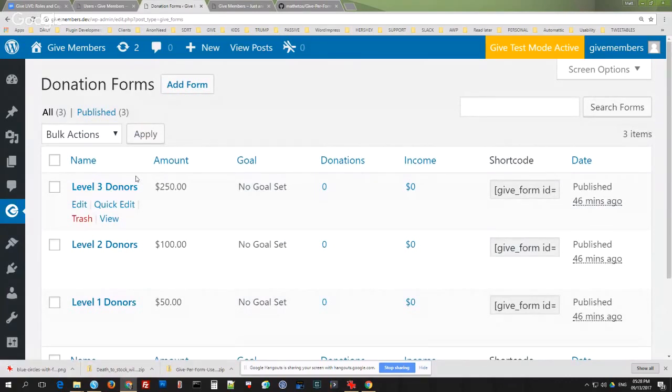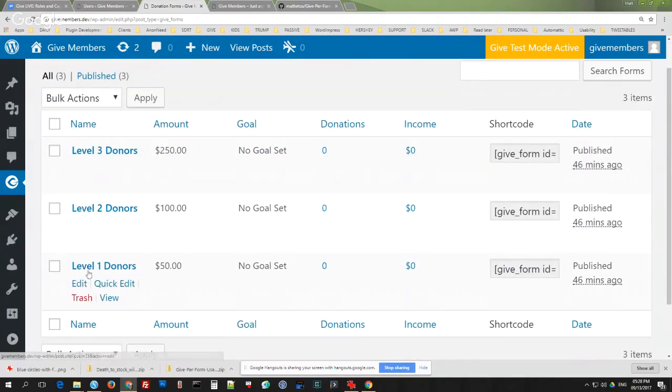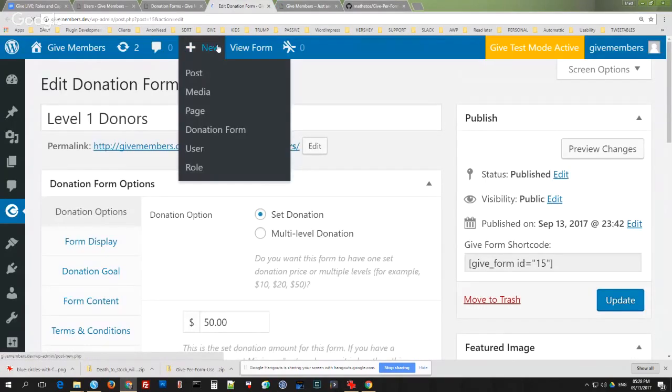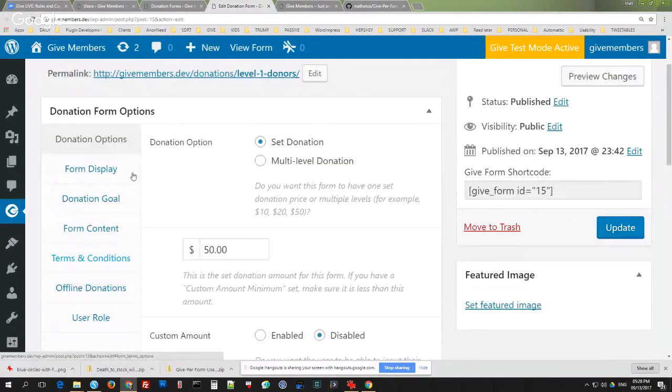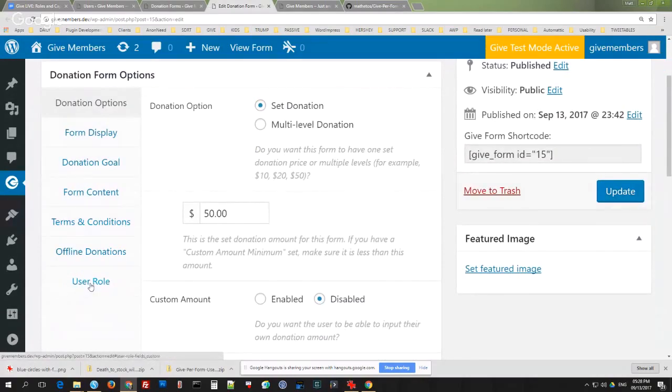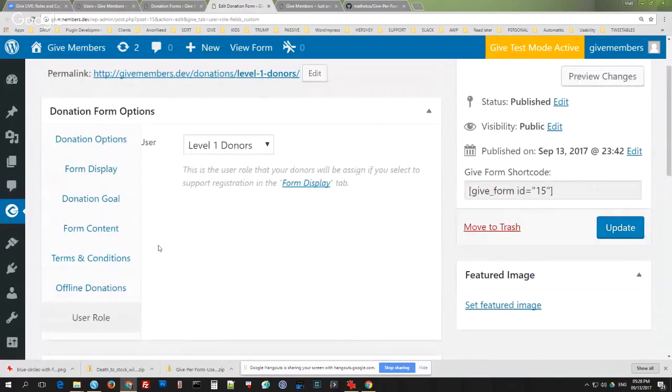I want to be able to set what user role gets assigned for each form. So you can see here, I'm going to have a level 1 donors form, a level 2 donors form, and a level 3 donors form. So let's go into that. When I install that plugin, I have a new tab in my form edit screen here called user role. I just click on that,